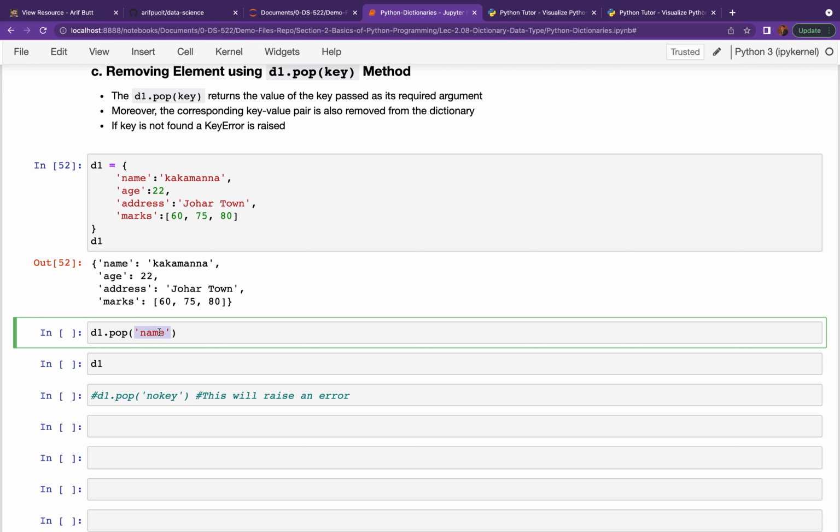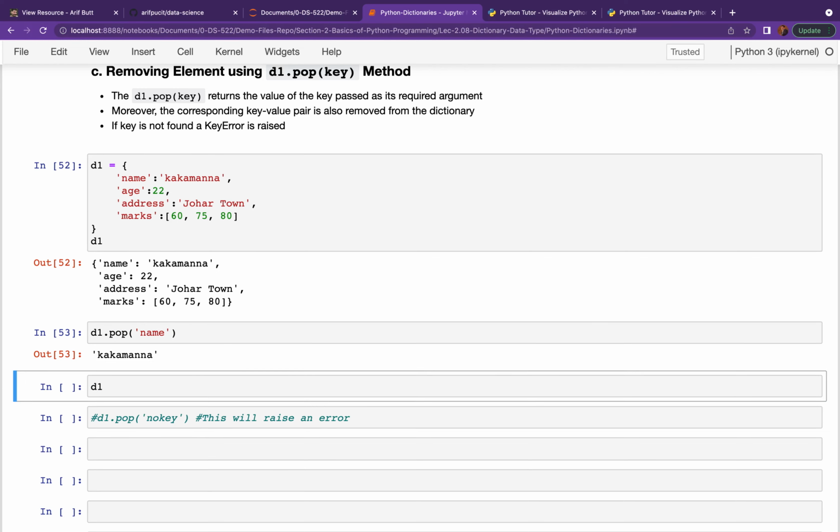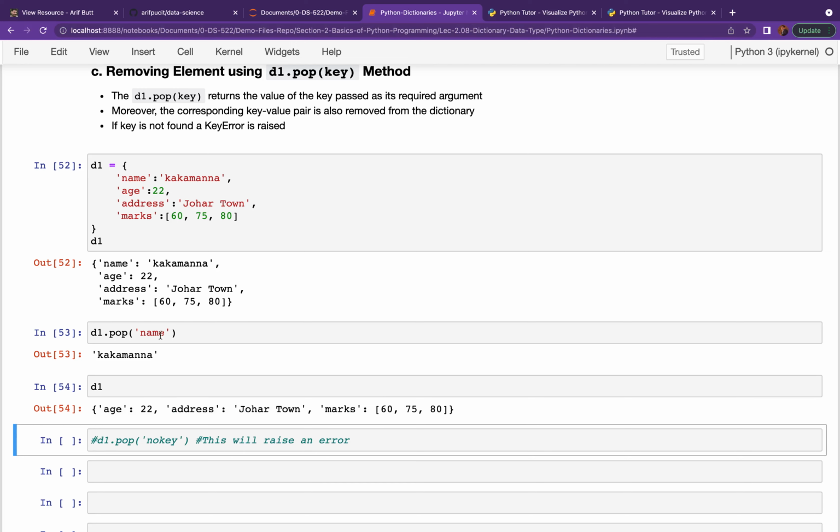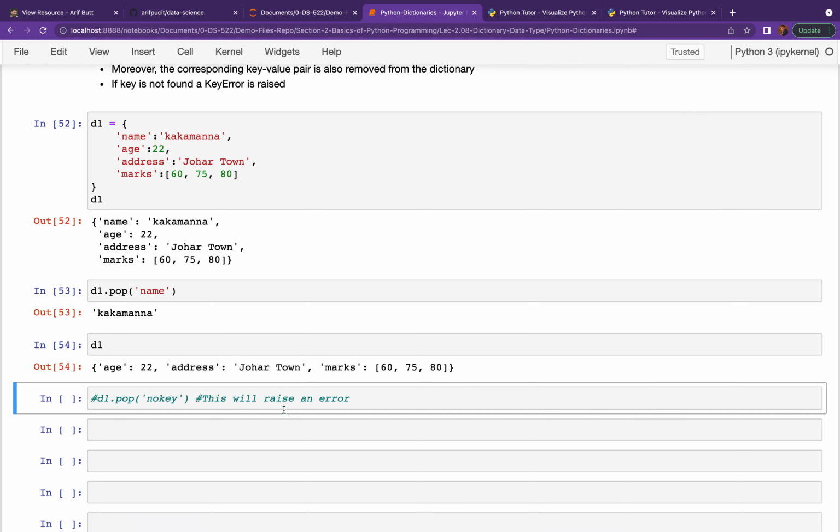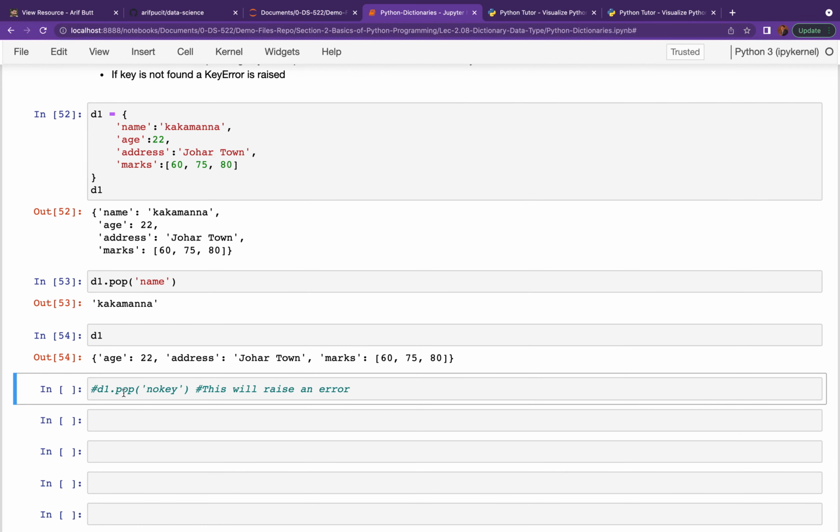So the key value pair corresponding to this key will be removed from here. So the name will be removed and returned, and if you check out the dictionary, the name value pair is not here. And of course remember that if you pass a key to this pop method which does not exist, this will raise an error.